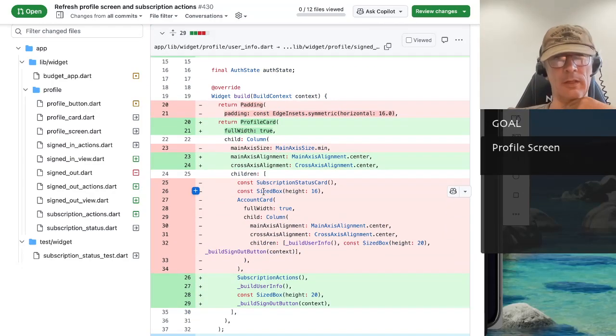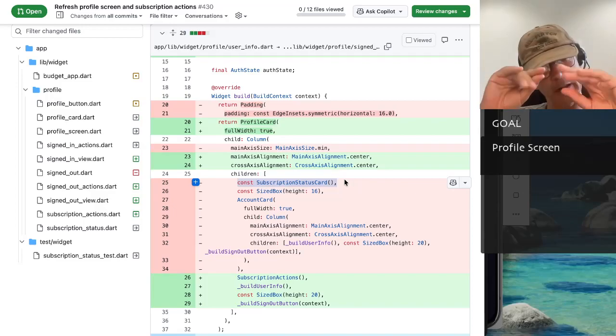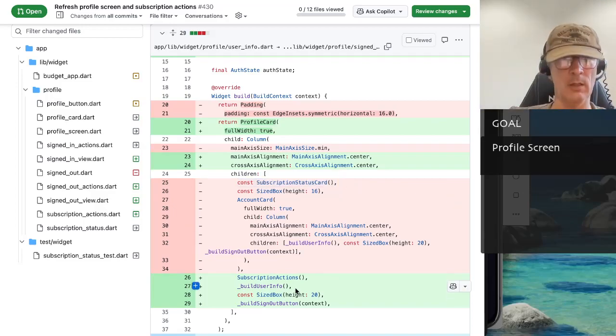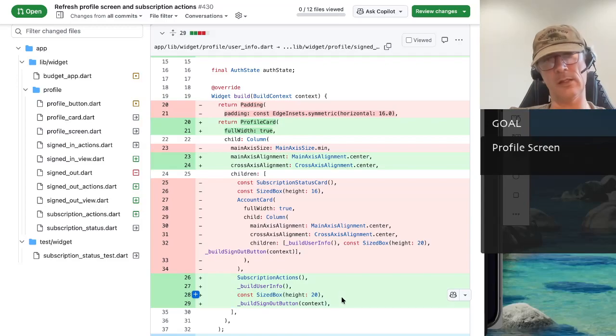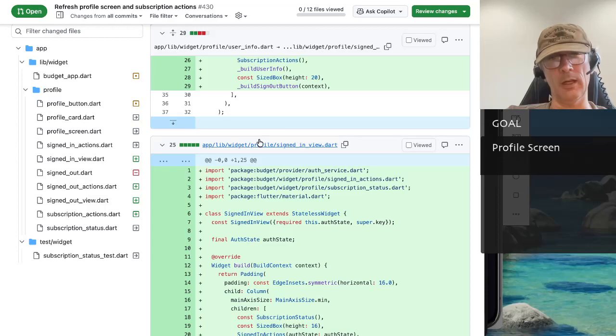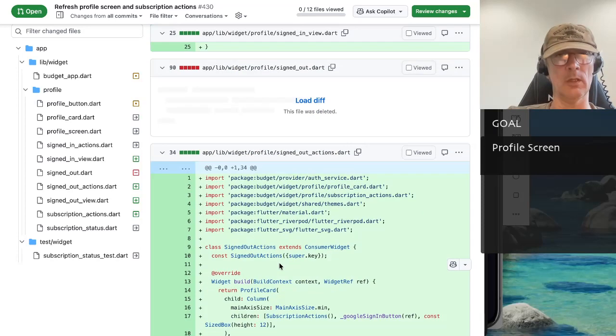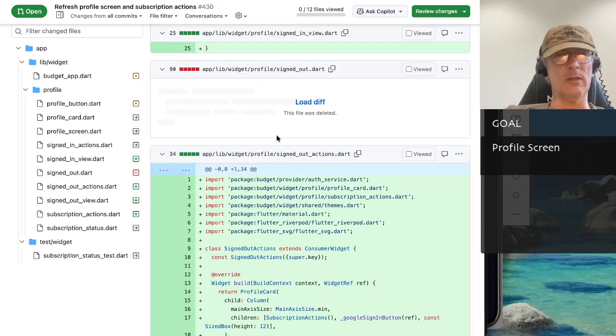Now, instead of having different levels of abstraction before, there was the subscription card, that was the whole thing, and then all the little details. Now we have, well, in this case, it's just a button. We have subscription actions, and this could be a separate component, but it's good enough for now. Signed in view. Well, we just put the things together. This is the one that is nice. There are these two components. Profile signed out Dart, it's